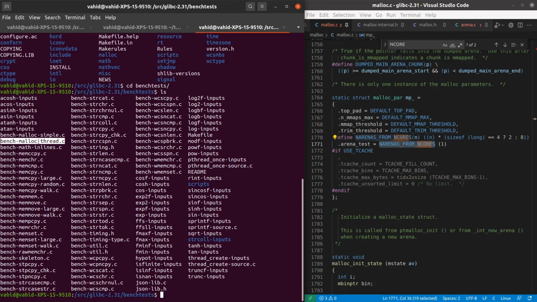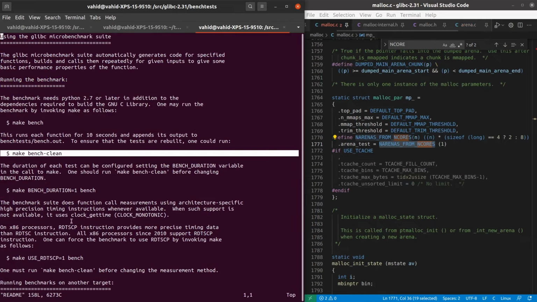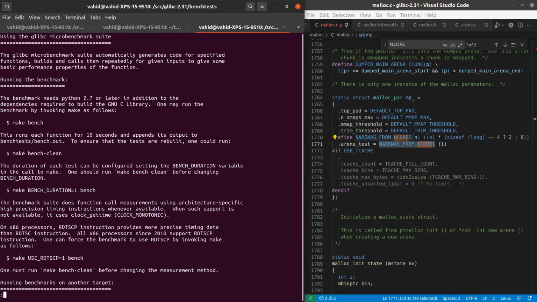You can just make these by running the makefile, and you'll get the binary, and then you can run the binary. There's a README here as well. It tells you how to make the whole bench, how to clean it, and whatnot. Now, I've done this, right,